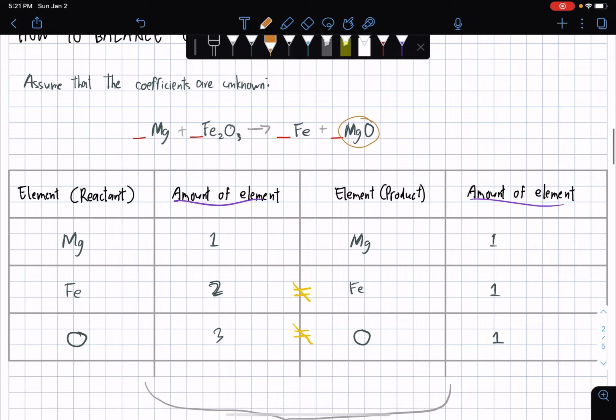As you can see here, magnesium is aligned with oxygen, and whatever the coefficient here is will affect whatever quantity magnesium and oxygen have. So with that in mind,